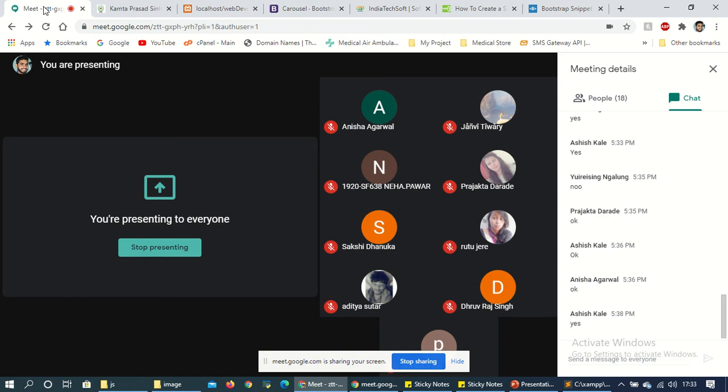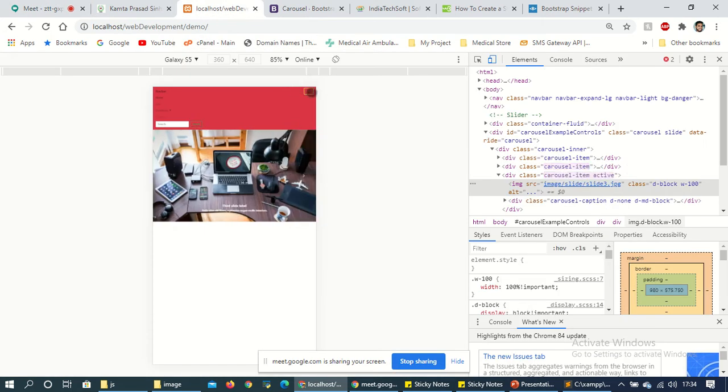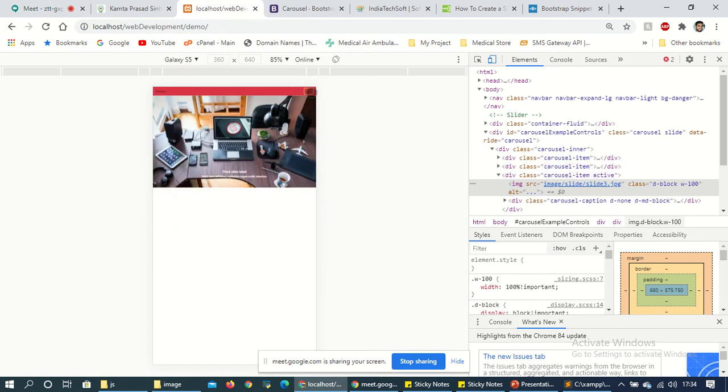Yeah. So sometimes it is very hard to include multiple files, multiple links. We have to just upload whatever links we require. Now if you open it in mobile, you can.